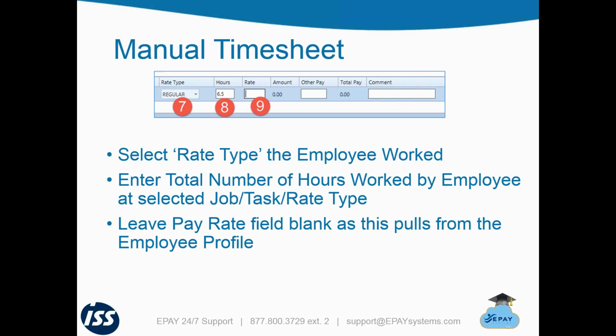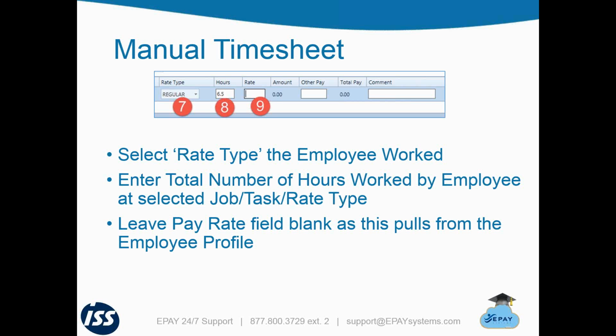All right, so I have a question, I guess, that says, what about shift pay? So when one of us has shift differential pay and stuff of that nature, shift differentials don't automatically get figured in with a manual timesheet. A manual timesheet is truly a dumb entry screen where you're just going to go in there and tell it what exactly you needed to pay. It will figure the hours times the rate, but that's as much math as it really does. So if you're concerned about shift differentials that were not paid, and hopefully that's where we're going with this question,